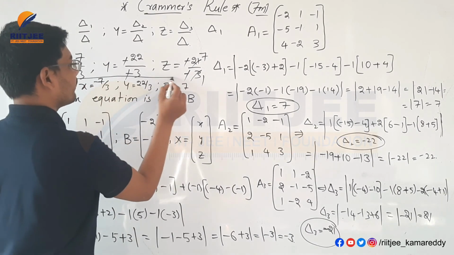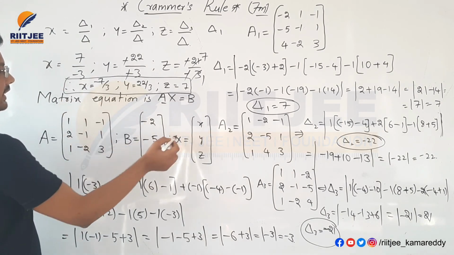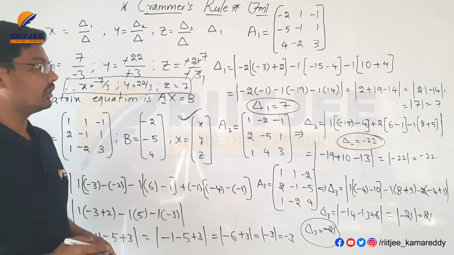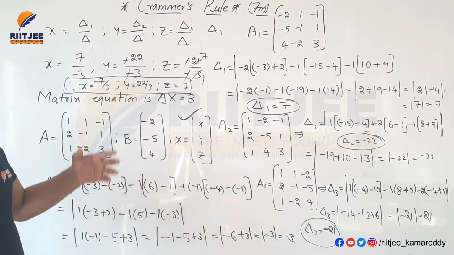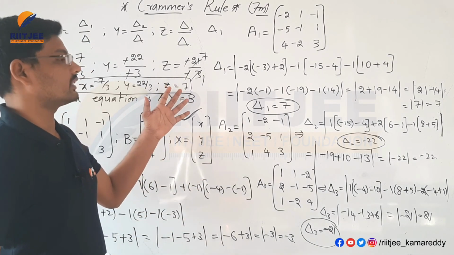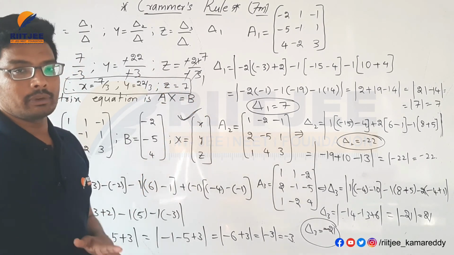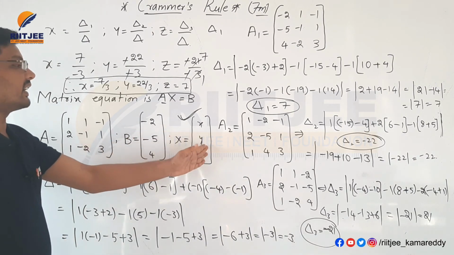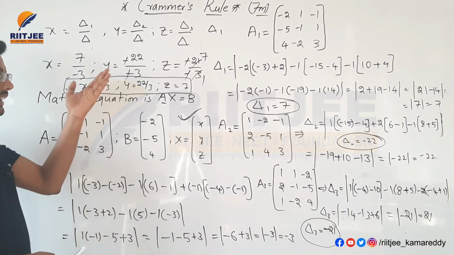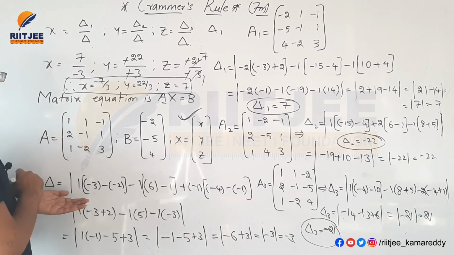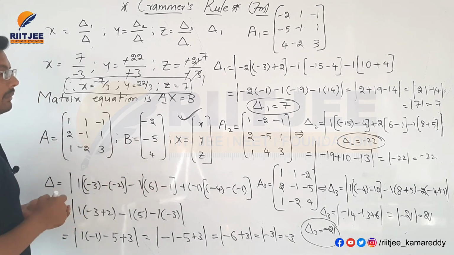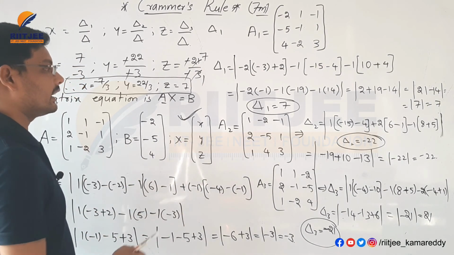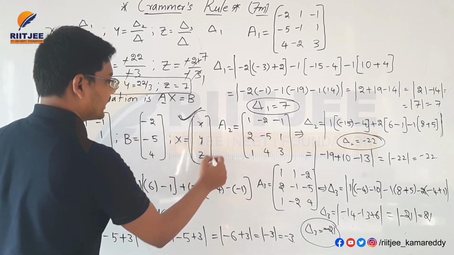These are the values of the x, y, z variables in the matrix equation. This is all about Cramer's rule. Let's see once again. Generally, we will get three linear equations of 3 variables having 4 terms, 3 constants, 3 variables and 1 variable matrix. From the linear equations, we should write the coefficient matrix, then we need to frame the constant matrix and we need to write the variable matrix x, y, z. Ultimately, we need to find the variables x, y, z here.